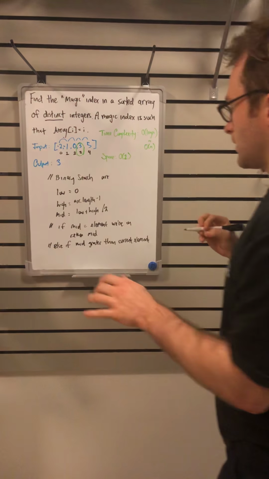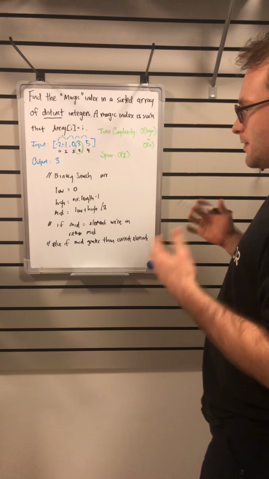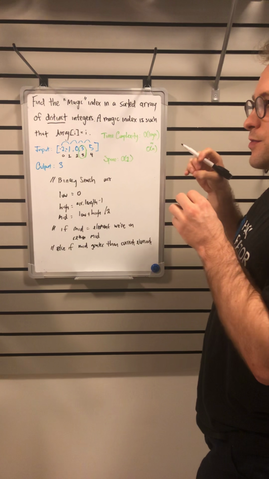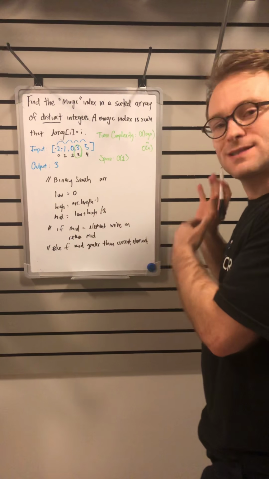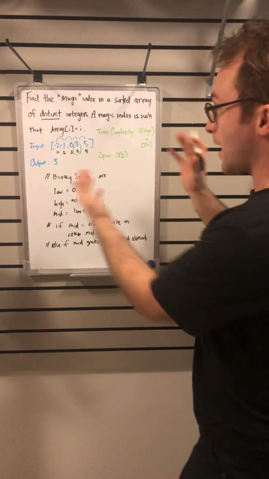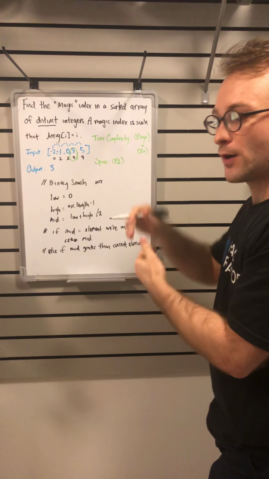If the mid's greater than the current element, that signifies to us that it's more likely that on the right side, or the higher end of our array, will live a number that